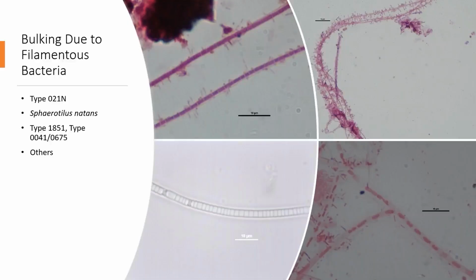So another thing you could be looking into is bulking due to filamentous organisms. So here we have a couple filaments. This is type 0041 and 0675 in the top left. This is type 1851 in the top right. Bottom left, you're looking at type 021N, and then on the bottom right, you're looking at S. natans. So these four filaments all indicate different things, but they can produce similar symptoms, which is that your sludge is bulking,